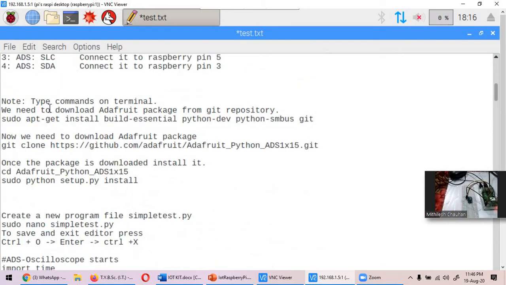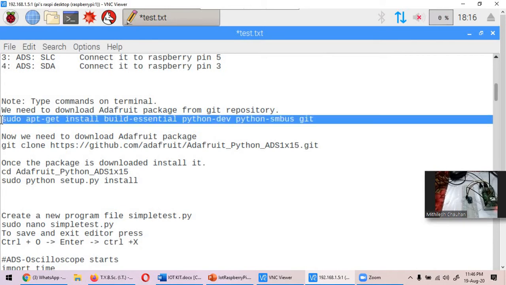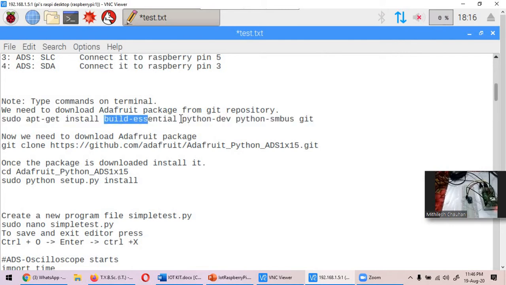To begin with the practical side or coding part of this, we have to download some dependencies from the online server. So I have copied this line: sudo apt-get install build-essential python-dev, and these are some of the modules.